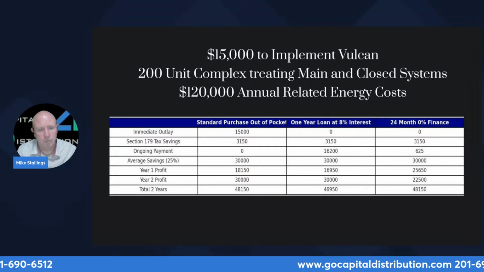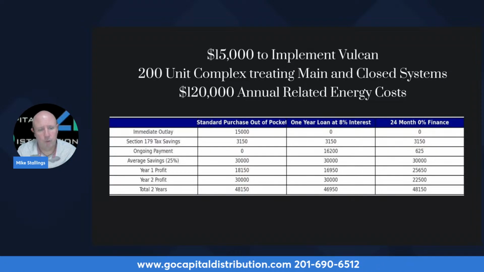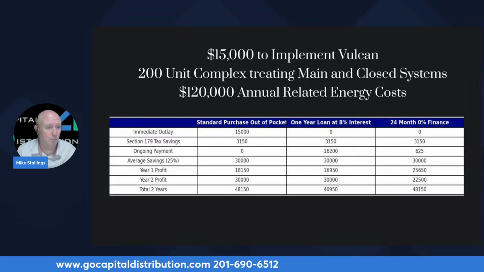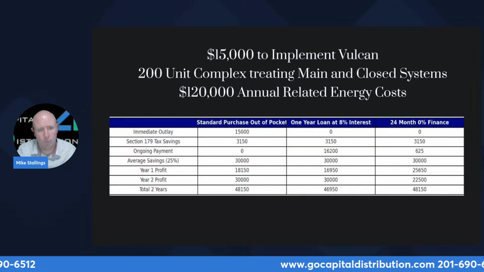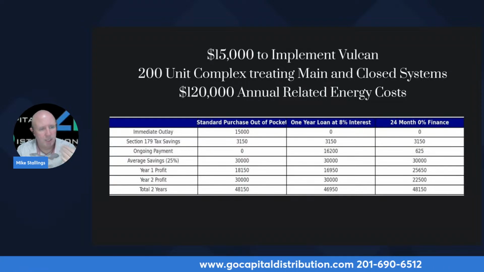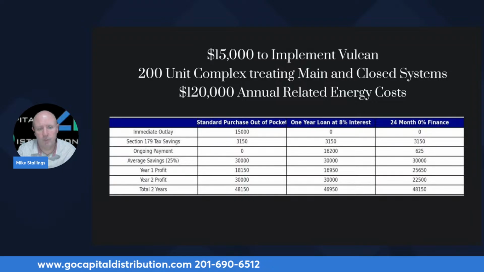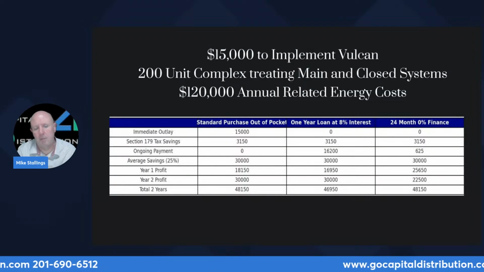Year one, you're going to save about $18,000. Year two, you're going to save about $30,000. You're up to $48,000 in the first 2 years alone, which, by the way, this product has a 25-year warranty. So you're looking at 25 years of savings moving forward. You could take the loan out, again, not shell anything out. You'll have payments, and if you pay it off in 1 year, you're going to pay out about an extra $1,000 or so in interest.